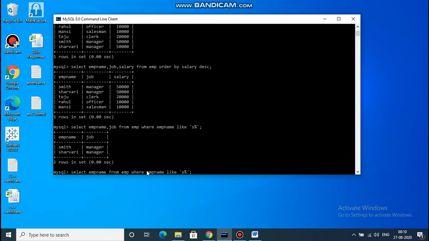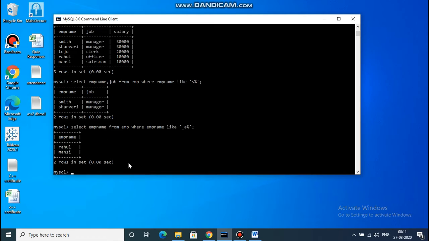Select emp name from employee where emp name like, underscore, and this is the second alphabet A. You can see here two names having second character A: Rahul and Mansi.